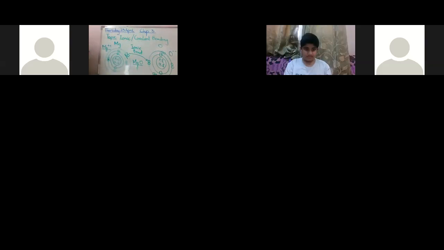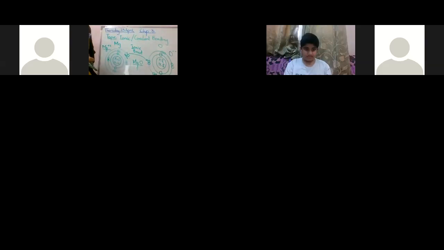Okay, and in the case of oxygen, we will put 2 negative signs on it. It means that oxygen has received 2 electrons at a time. That's why protons are 8, but now the electrons are 10 in this case. Because 2 extra negative charges have been gained by oxygen, it will be shown by 2 negative signs. I hope my concept of ionic bonding is clear to you all.